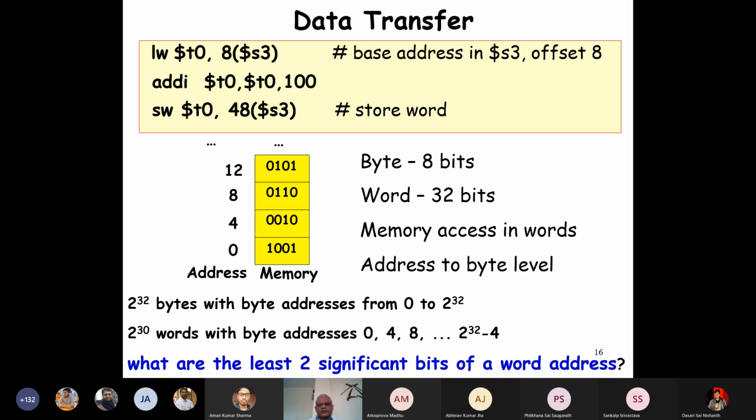And that is the important observation which we'll use in our programming. To be able to understand the programs and even the hardware, we need this important thing, that for every word address, the 2 least significant bits are 0 and 0.